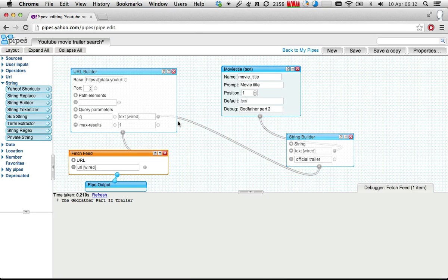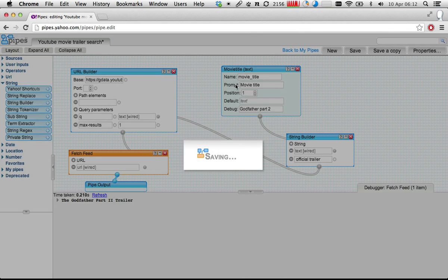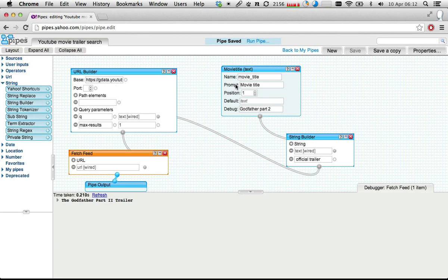So now we have a pipe which allows us to input a movie title and it will output a single YouTube video containing the trailer to that film. So all that we have to do now is connect up our first pipe to our second pipe. So I'll go back to my pipes,